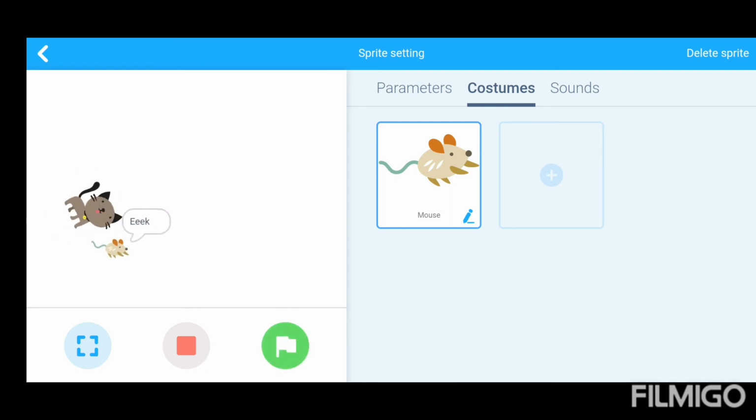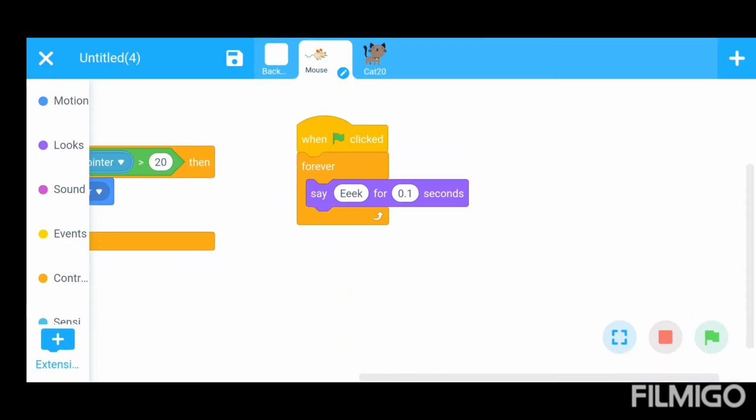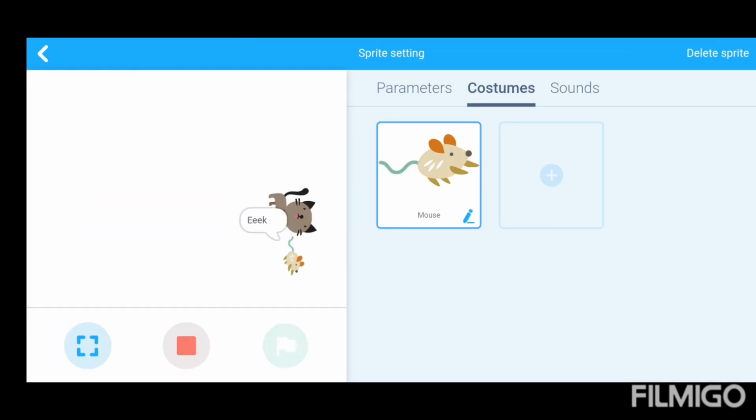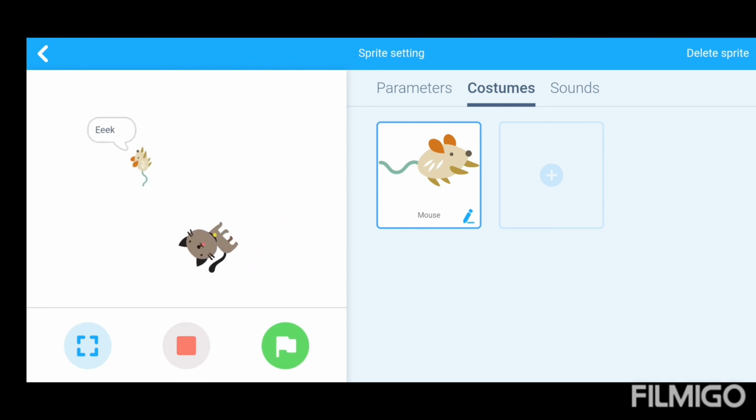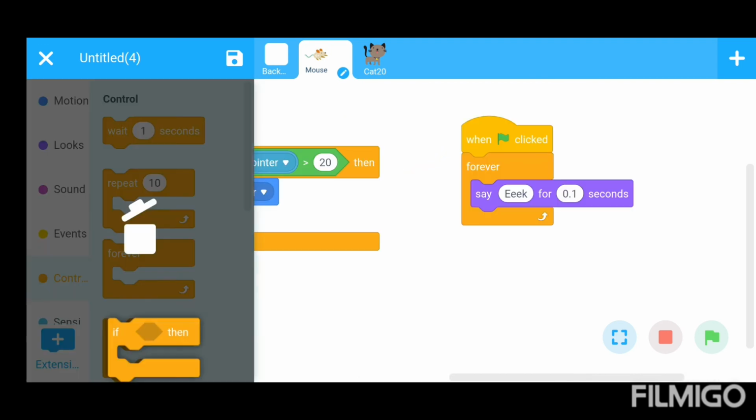Now if the cat touches the mouse, no, look at here, there is a forever eek sound because you have not given the condition here. Use the condition if then.